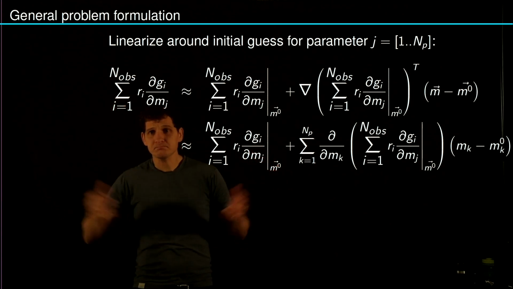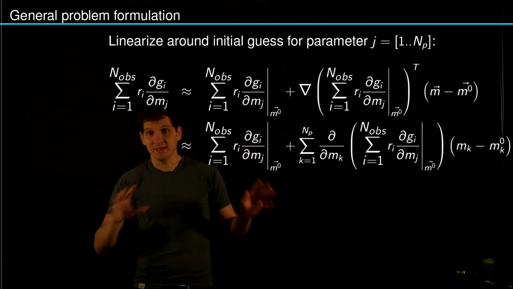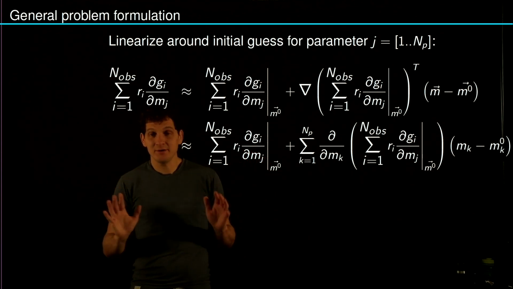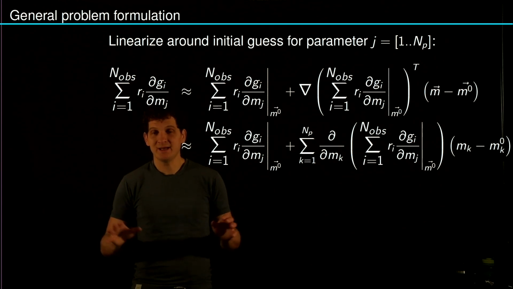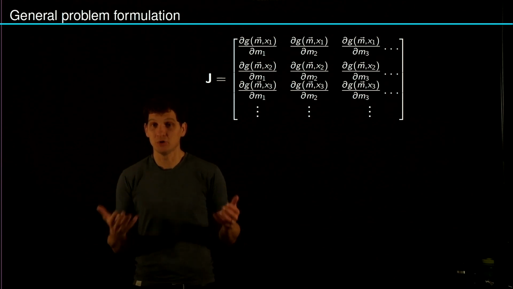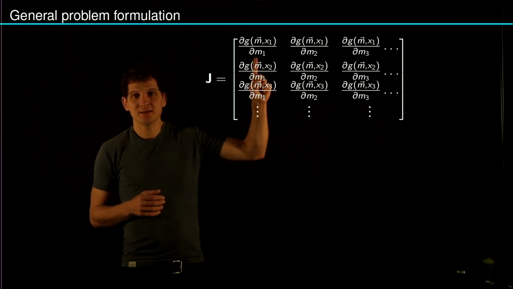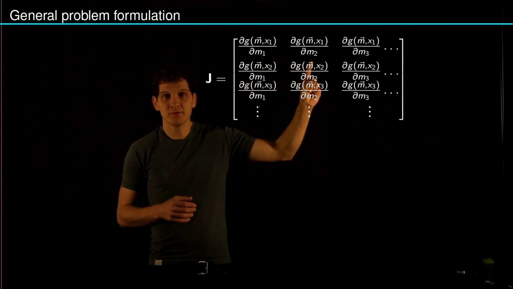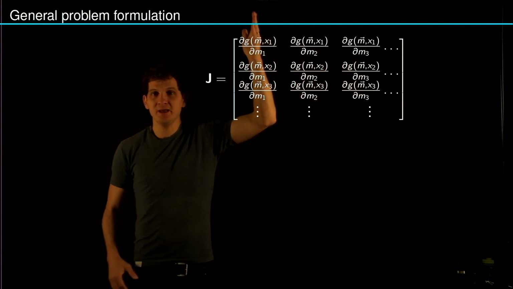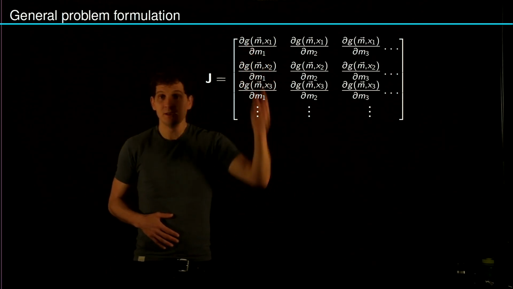Okay, so that is a bit complicated and nested, but not difficult per se. It's just the same thing applied again and again and again. However, there's a very neat way how you can simplify that drastically, and you do that by introducing what is called the Jacobi matrix. So the Jacobi matrix is a matrix, surprise, surprise, and it contains the derivatives with respect to all the model parameters in the rows, and we evaluate the derivatives at the respective independent variable in the